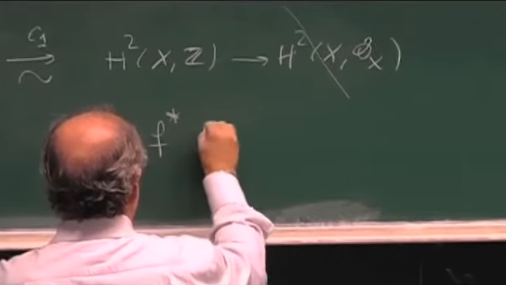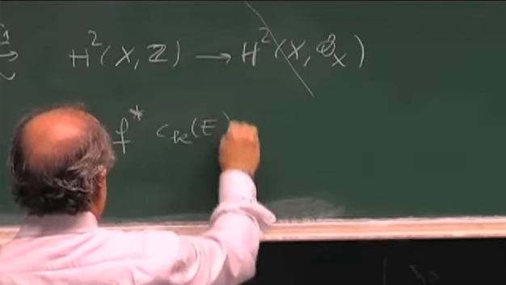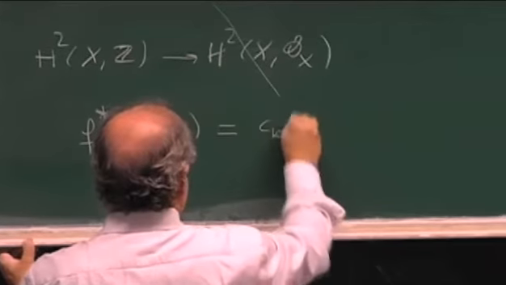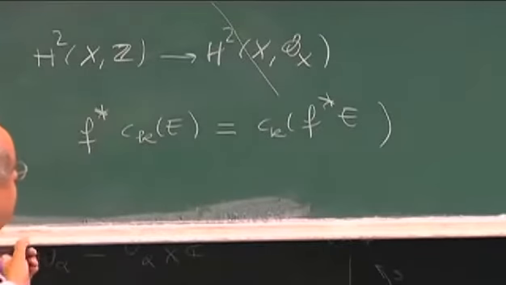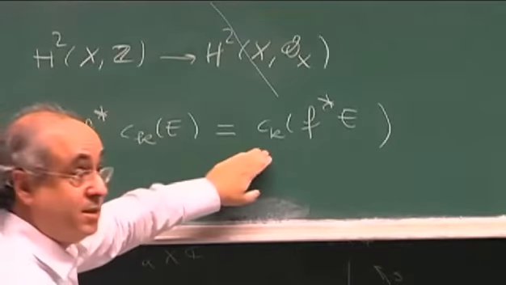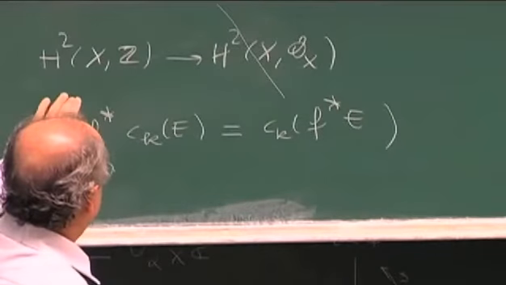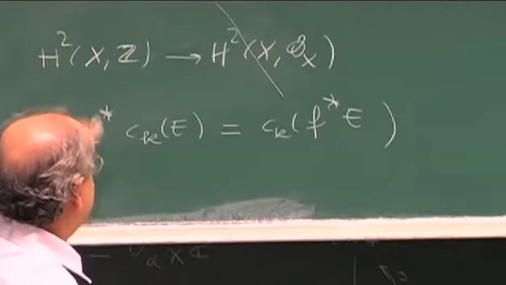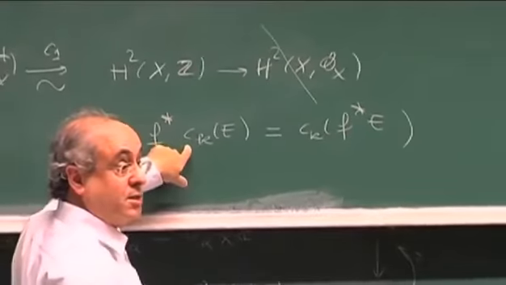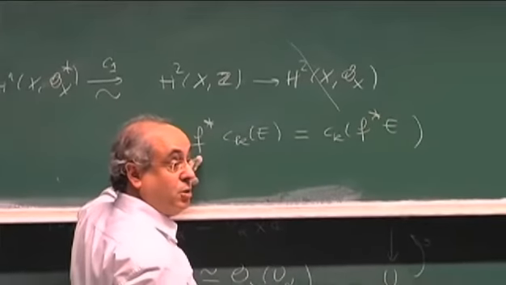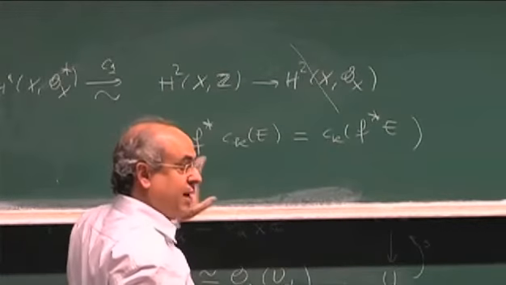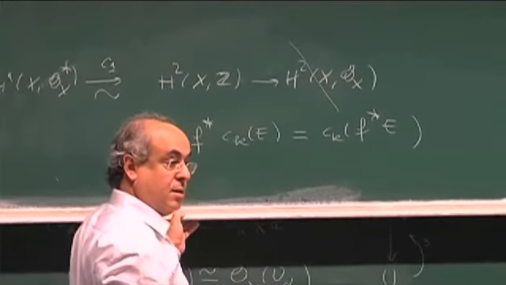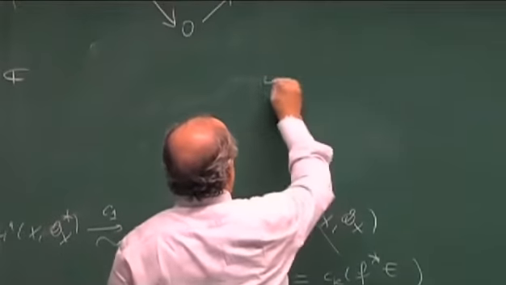So I wrote that the pullback, well, this is the Chern classes of the pullback. So first we need that this makes sense. And second, we need that this identifies the Chern classes. So we need this to be injective in cohomology. And you prove that this can always be done. And by the way, it can be done also in a canonical way. So if you start from a vector bundle,